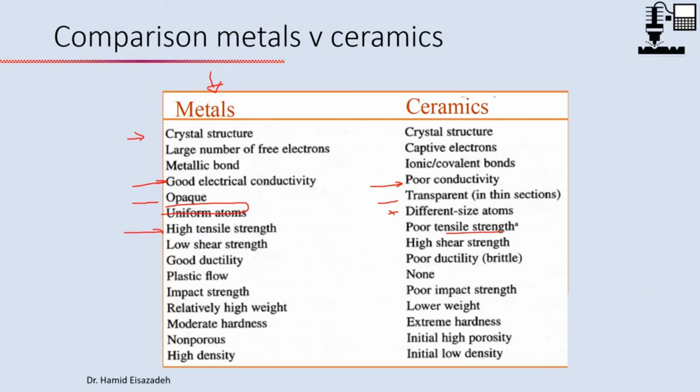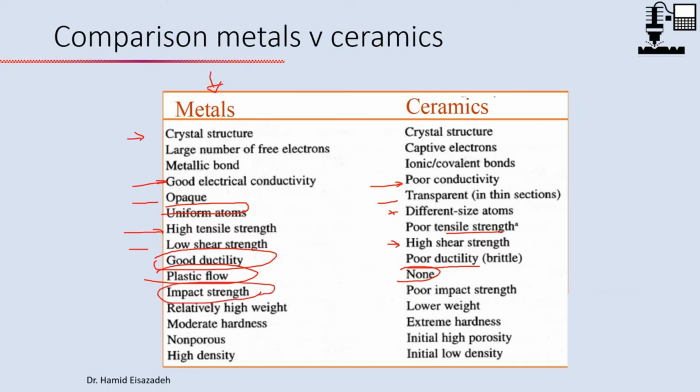High shear strength is another property of ceramic, but in the metal we have low shear strength. Ceramics are brittle. They are not ductile materials, but metals are well known for their ductility. We don't have plastic flow in ceramic, but we have a good plastic flow when the metal is in tension. We have a good impact strength